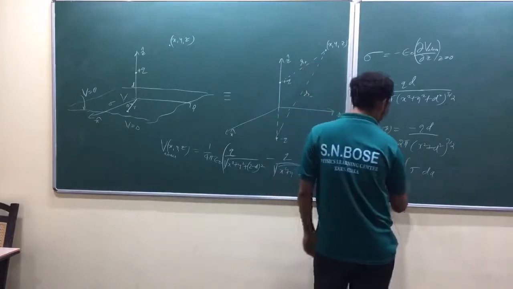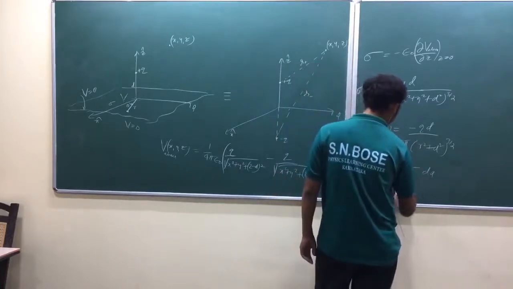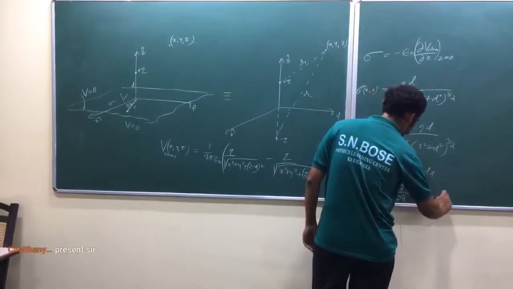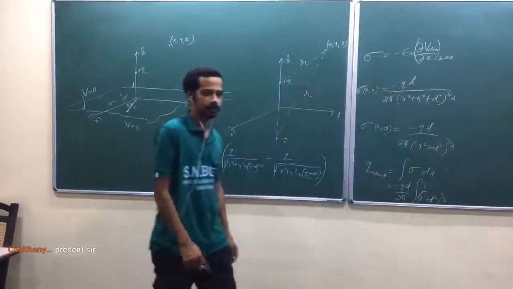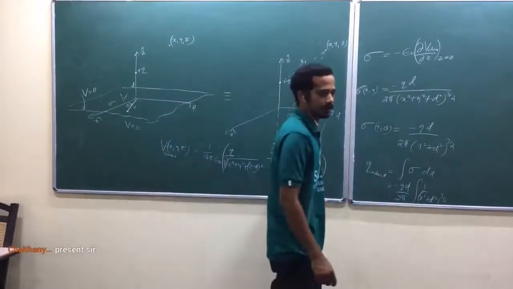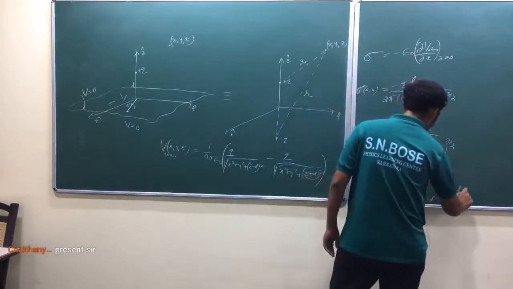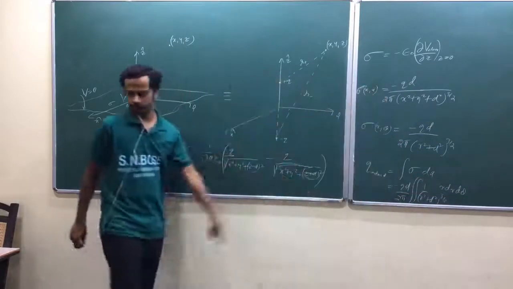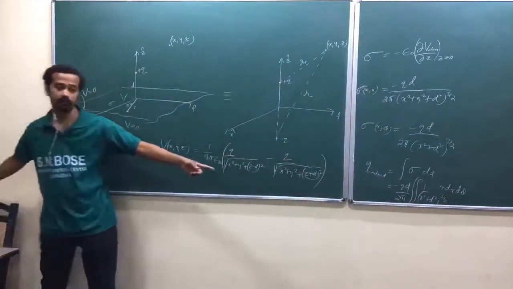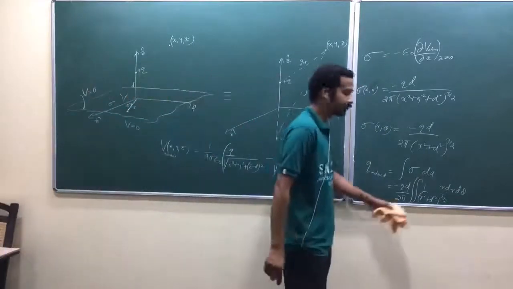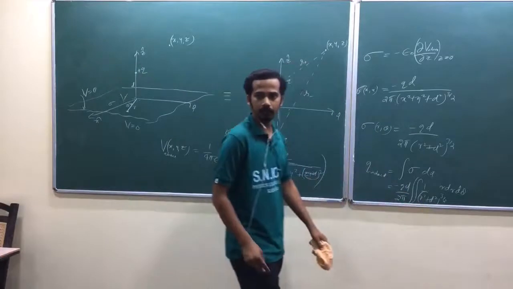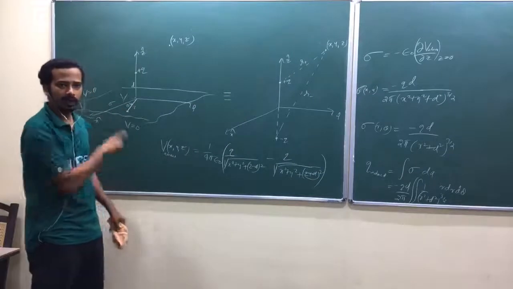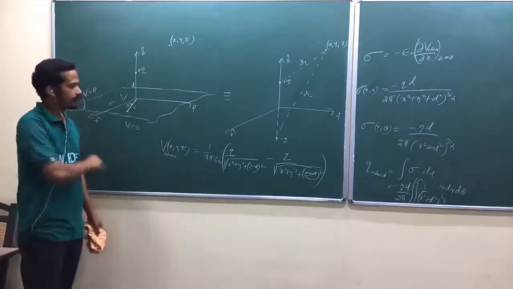Am I right? So in polar coordinates, I have already written this one: minus qd divided by 2 pi, integral of 1 by (r square plus d square) whole power 3 by 2. What is dA in polar coordinates? r dr d theta. That is actually a double integral. Integral of d theta is 2 pi, that 2 pi will get cancelled. That was the earlier integral, that is repeated. Theta should run from 0 to 2 pi, r should run from 0 to infinity, because you have to sweep the entire plane. That will cover the entire xy plane.